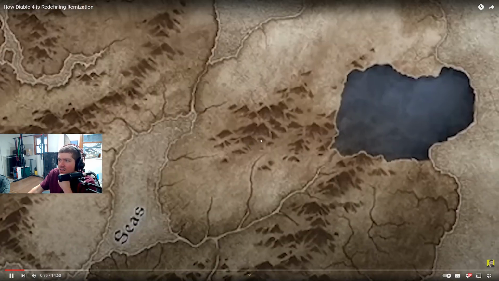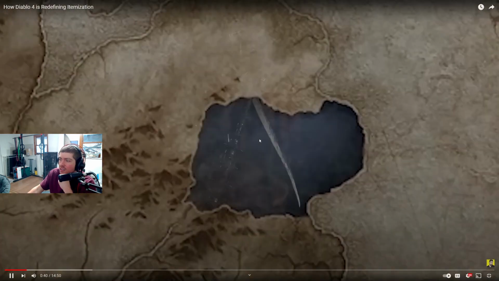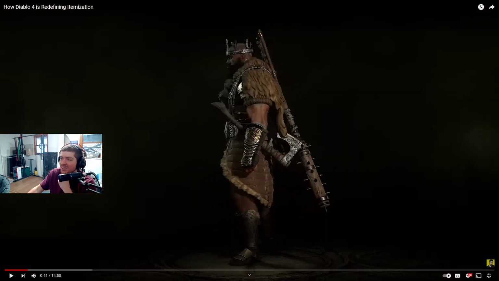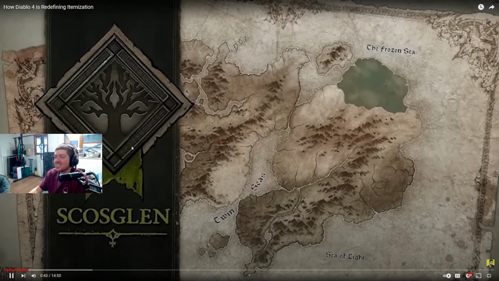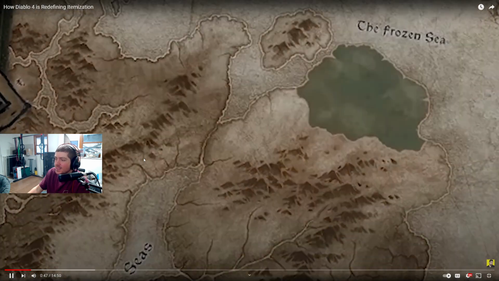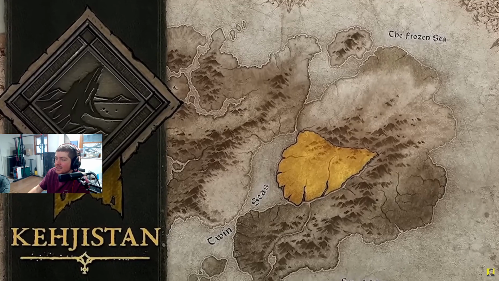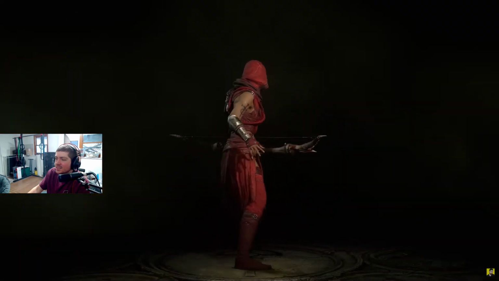equipment will be based on the region they are found in. Now this is incredible. Items will actually look different based on zone. That's pretty cool, actually. I like that. It makes sense too. A chest armor found in Scosglen has a more druidic look than a chest armor found in Kyrgyzstan, which has a more arid environment, and therefore you might find the chest armor with more of a baggy cloth look to it. Now this is something completely new